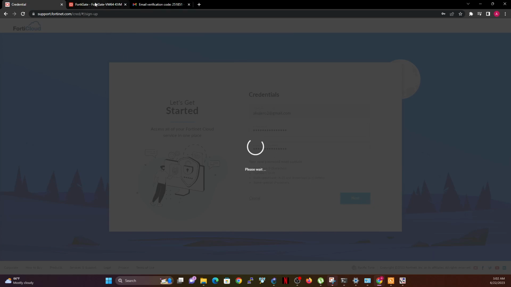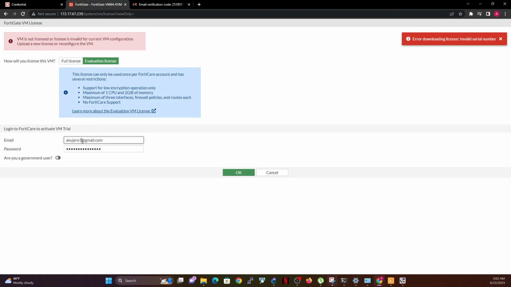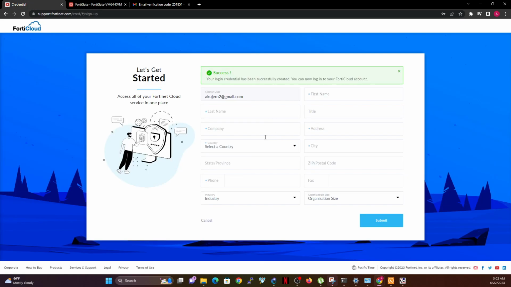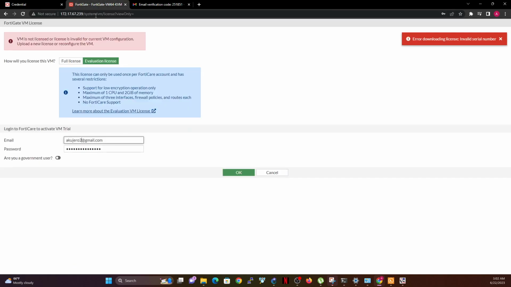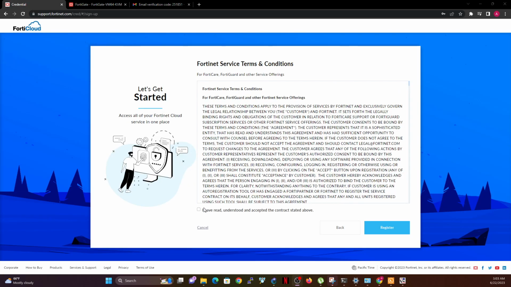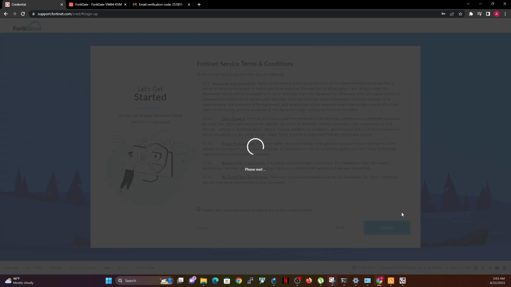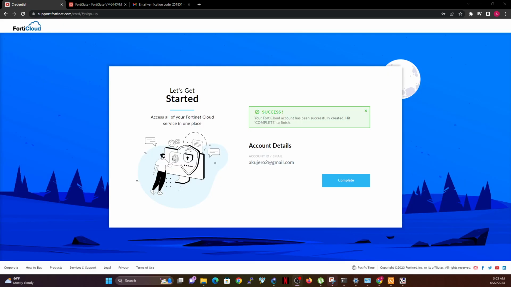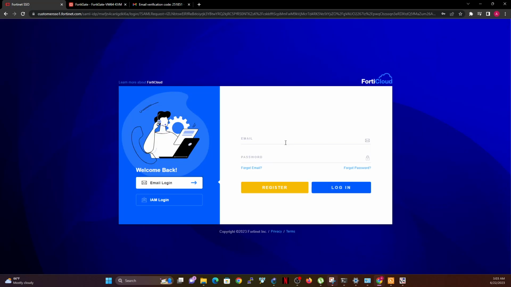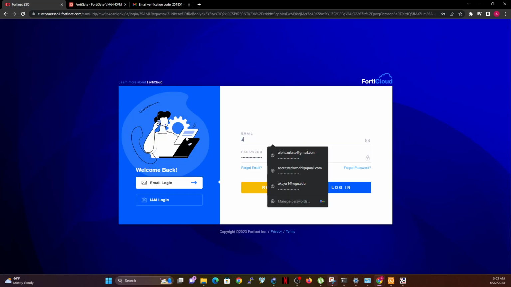Once you created an account, then you can actually come here and then add the email and the password that you used on your FortiWeb website, put in all this information, and then once you're done with this information, then you can actually click OK. So I'm just going to do that. So once you've put in your information, you agree to the license, you read the license agreements, and then you click register. So once that is registered, that's completed. So you click complete, and that's all you need to do there. So you can basically just log in with that email.